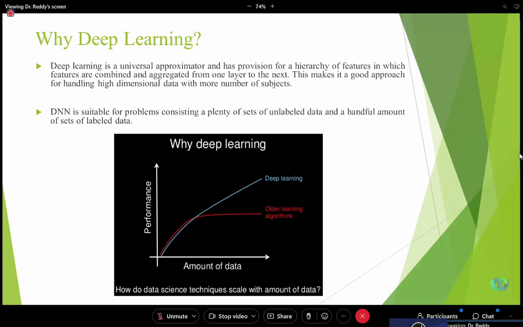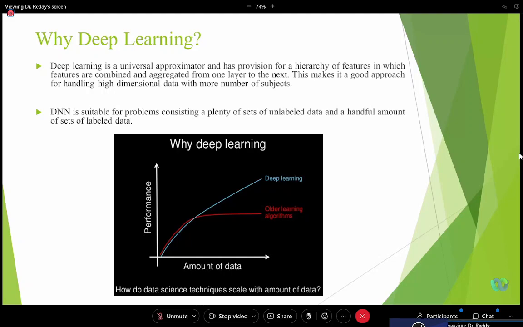If you indefinitely keep on increasing the size of the problem statement, that is the data, certainly there will be some breakpoint after which your models won't improve much: the accuracy, precision, sensitivity, specificity, whatever parameters you consider. The performance will either drop down or stay constant, asymptotic at some level, even though you continuously increase the size of data.